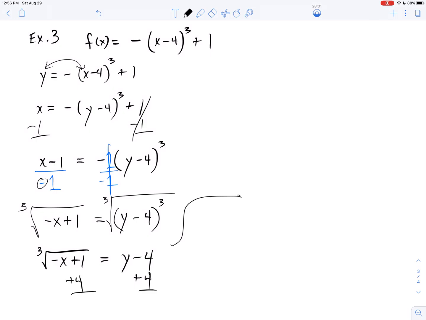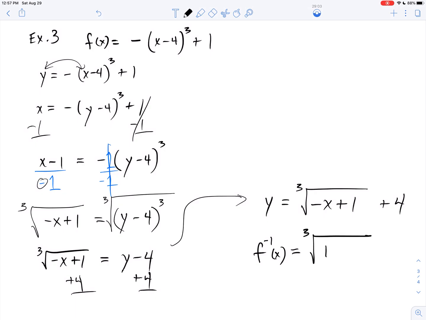I'm going to finish my work up over here because I'm running out of room. So for example, here I got y equals, what's the other side going to look like? It's going to look like the cube root of negative x plus 1 with a plus 4 on the outside. Now, like I said, a lot of books will write this answer, number 1, since they started me with f of x, they're going to call this answer f inverse x. And then they're going to do this inside the root. They're going to do 1 minus x. I don't know why they do that, but they do a lot of the time. I guess it looks a little more streamlined, but what I want you to realize is,